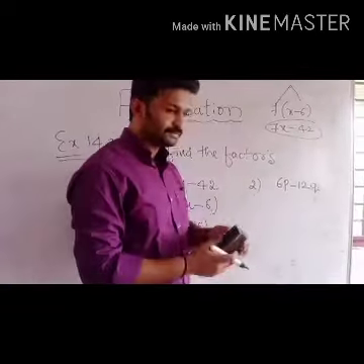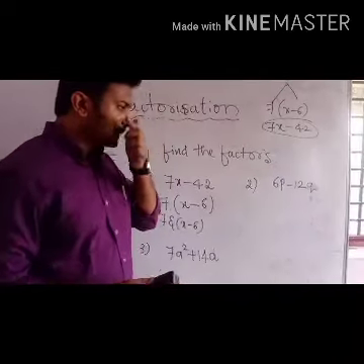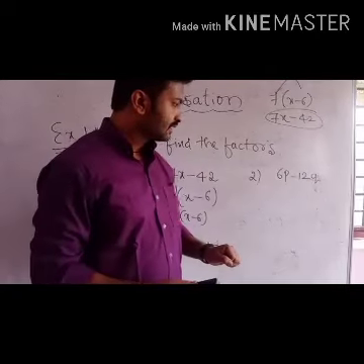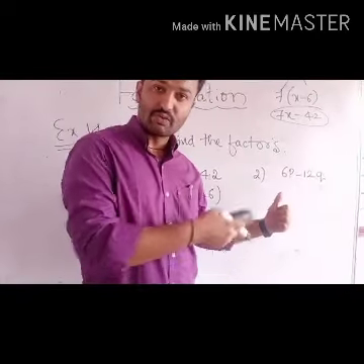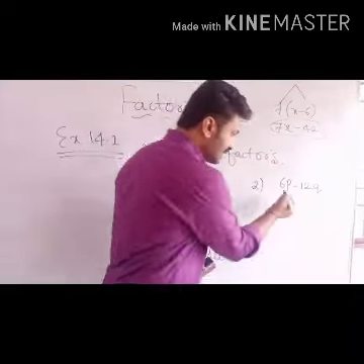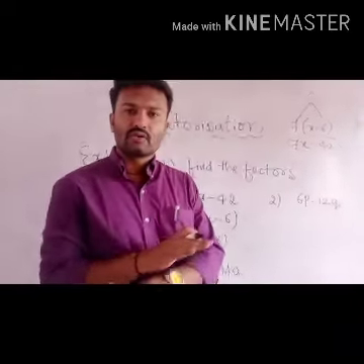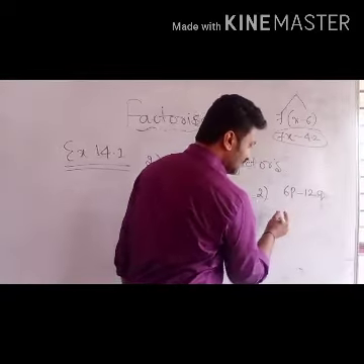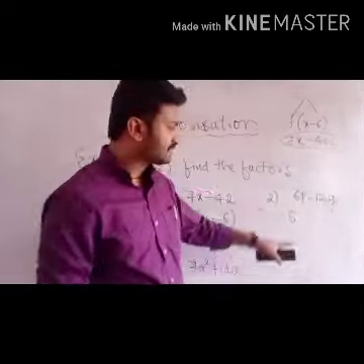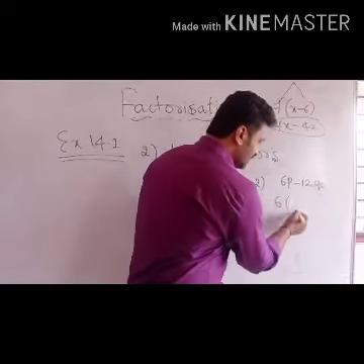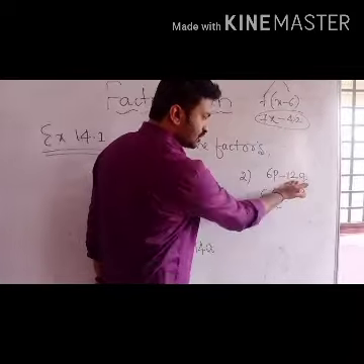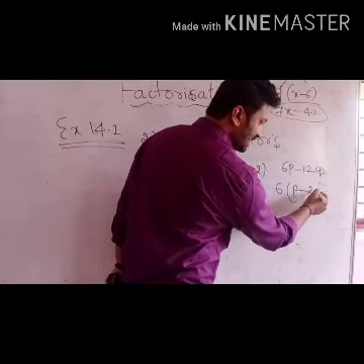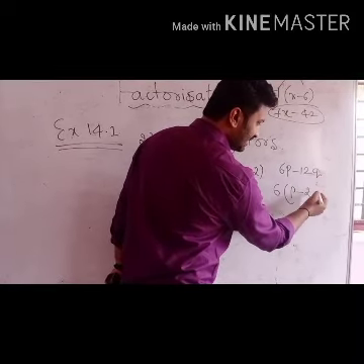And here one more: 6p minus 12q. First you check, is there any variable common in both terms? Here p is there, here q is there. We cannot take any variable as a common. And we'll check in numerical. 6 and 12 are divisible by the 6 table. Then I'll take 6 outside from both. What remains here? P remains, and minus 6 twos are 12, and here q remains.